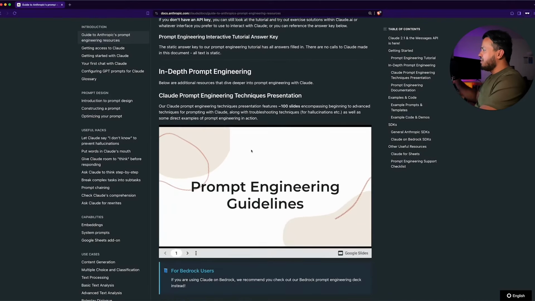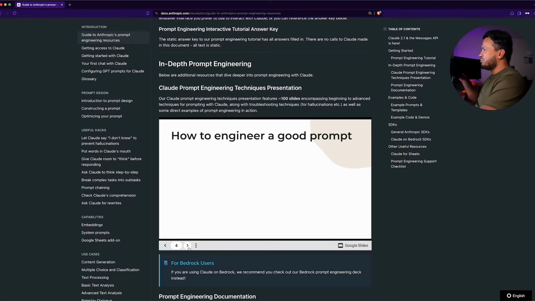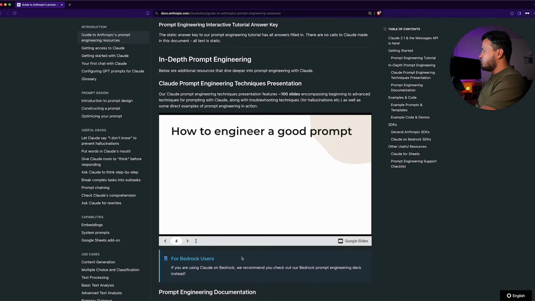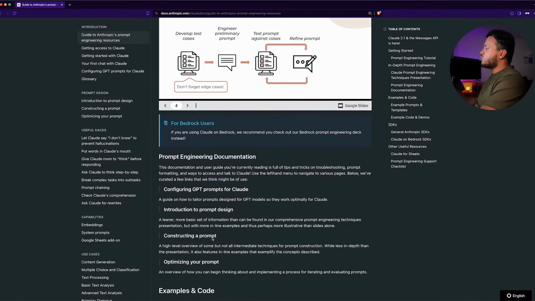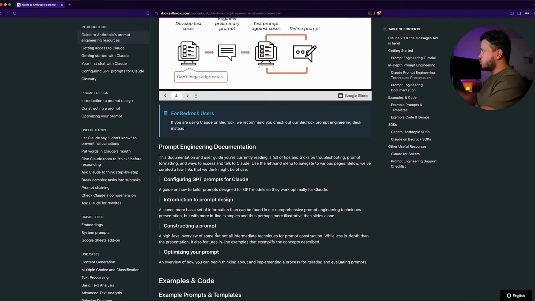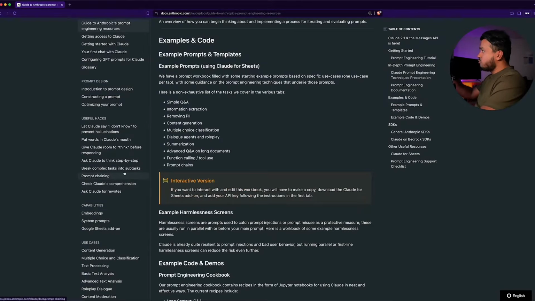So if you scroll down here, you can see they've just brain dumped, I think 100 or so slides on best practices for using the Claude API and prompt engineering in general, and how to essentially get the best results from the Claude model. I've gone through these slides. They also have an interactive tutorial on a Google Sheets somewhere in this documentation,